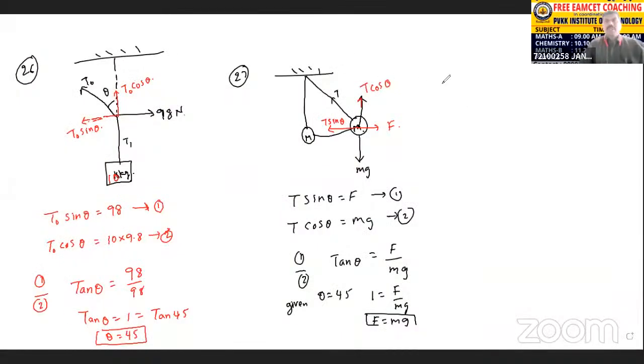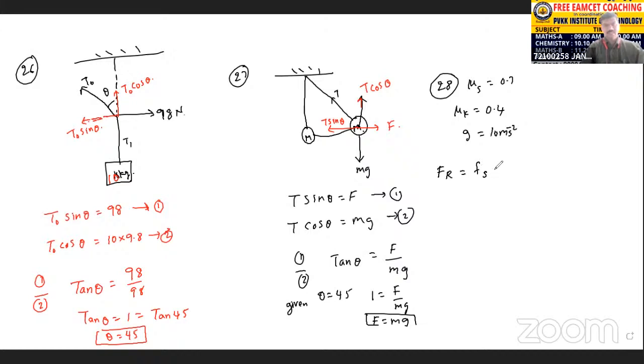Problem number 28. The coefficient of static friction mu s is given as 0.7, and the coefficient of kinetic friction mu k is given as 0.4. And g is equal to 10 meter per second square. So we know that the resultant frictional force Fr is equal to